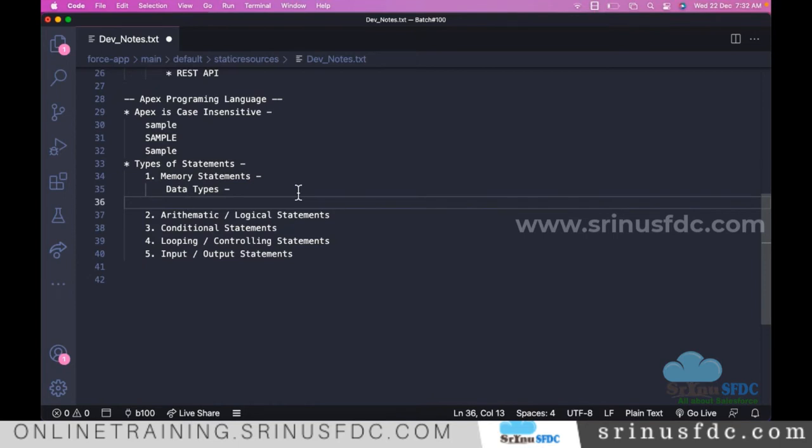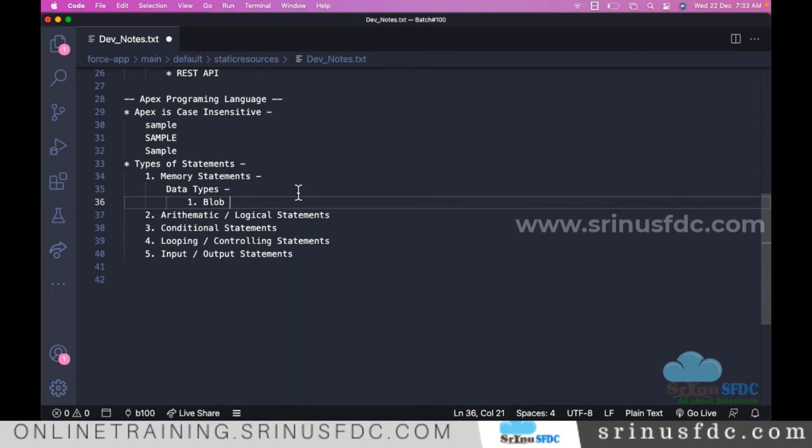Okay. So, the available data types for the Apex language. Whatever I am listing here are present in the Apex programming language, not other languages. Maybe in other languages the available data types might be different. Programming language to programming language, the data types might vary. So here, specific to Apex, one of the first data types,